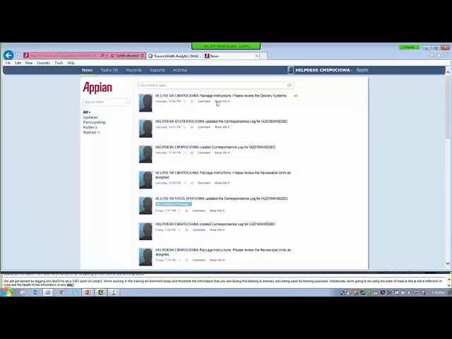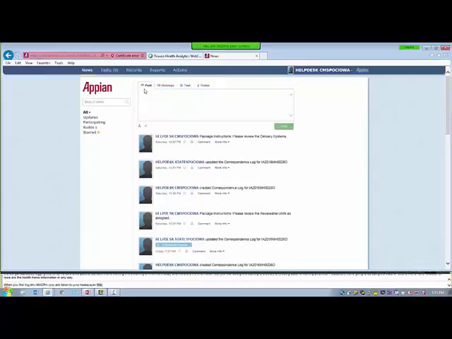When you first log into MacPro, you are taken to your news page. This page operates similarly to a social media platform. You can write a post for your team, send a message to an individual, send a task to an individual, or recognize someone by providing them kudos from the text box located at the top of the page. Additionally, activities related to packages you are working with or are following are listed for your reference.